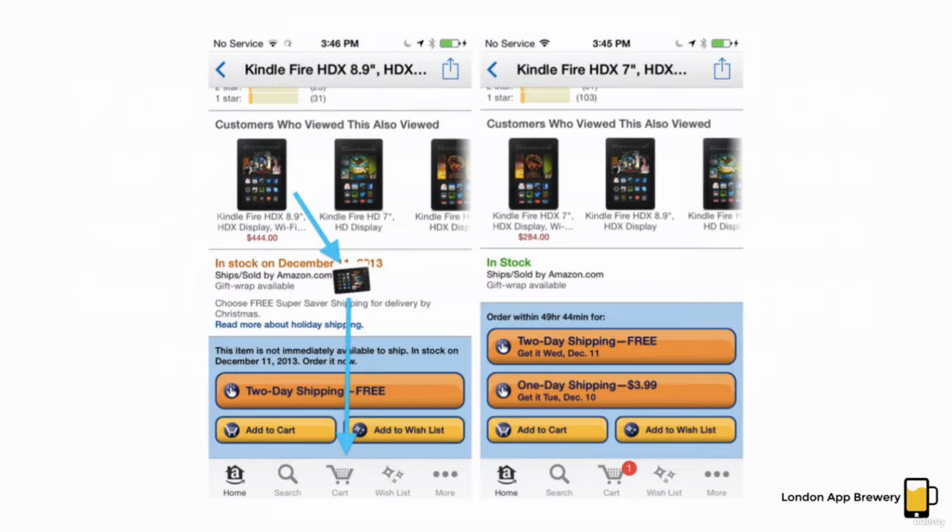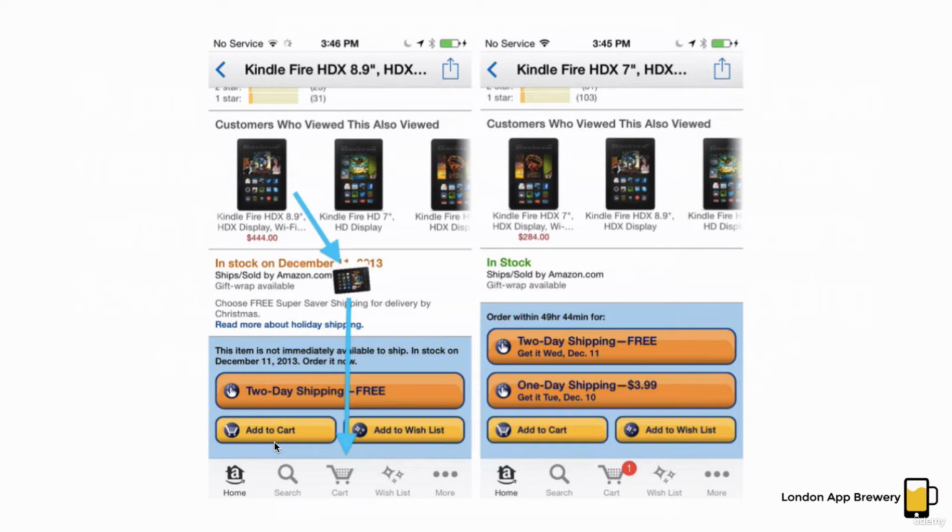Now, how should you implement this? Well, this is the Amazon app for iOS. When you click on Add to Cart, you'll see an image of your item fall into your cart, and there will be a badge on that cart to show that there's one extra item in there and that it's not empty. So now you're free to choose either to go to cart and check out, or you can continue shopping. But nobody forced a pop-up on you to confirm that action, because you already did so by pressing on the button. So this is a way better way of implementing that same functionality without the idiot pattern.